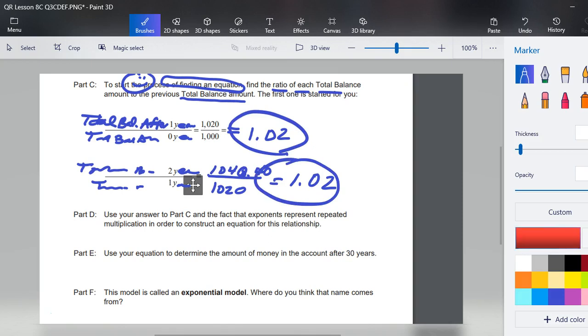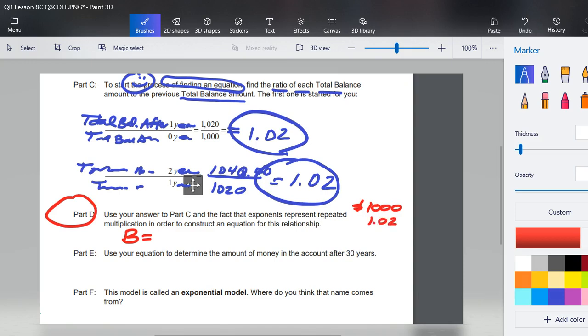So part D says use your answer in part C and the fact that exponents represent repeated multiplication and work on that in order to construct an equation for this relationship. This is a really good time to hit pause where you are looking for the balance, and you're going to use the number 1,000 because that's the initial investment. You're going to use this